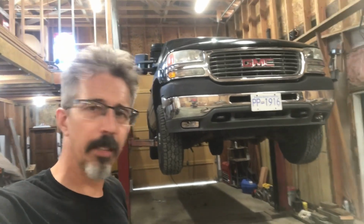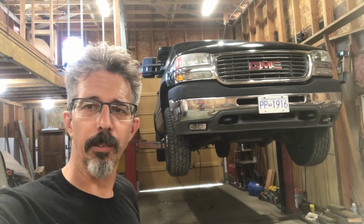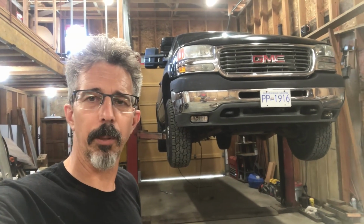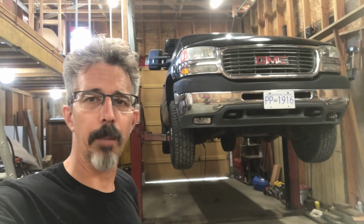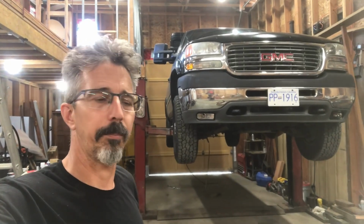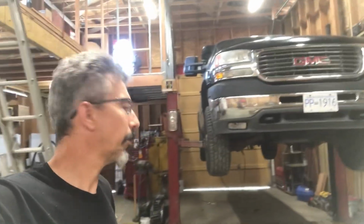So I had another look at it, and it looked to me like there was nothing wrong with the pedal. So then I thought, well, maybe the shoes fell apart in the drum, because it happened quite suddenly. It was good, and then it was no good. So anyways, I put the truck up on the hoist, and I found, I'll show you,